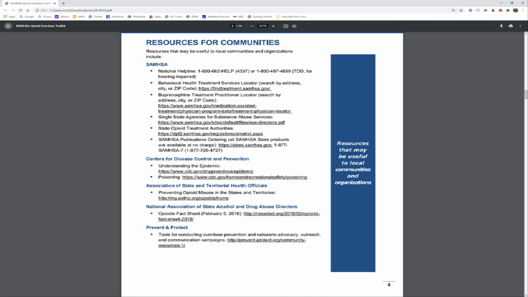Preventing opioid misuse in the states and territories, http://my.astho.org/opioid/home. National Association of State Alcohol and Drug Abuse Directors. 10. Opioids Fact Sheet, February 5, 2016, http://nasadad.org/2016/02/opioids-fact-sheet-20